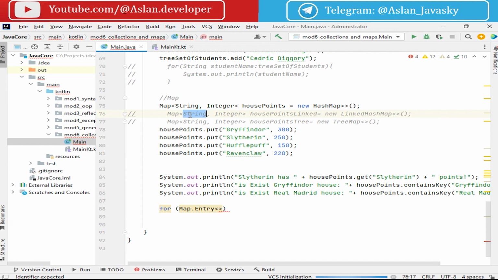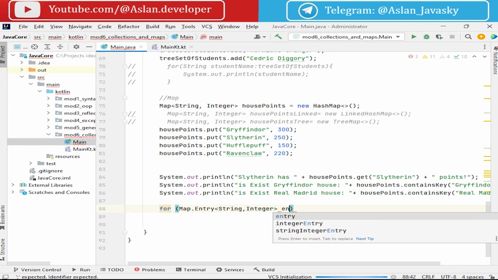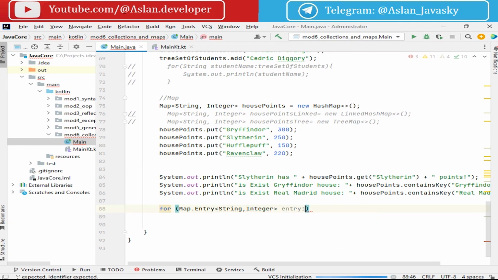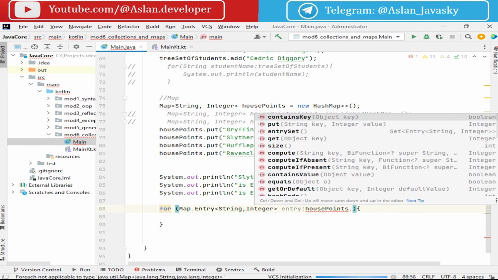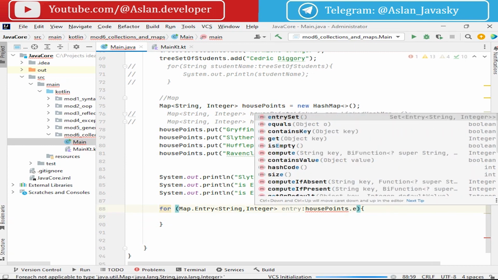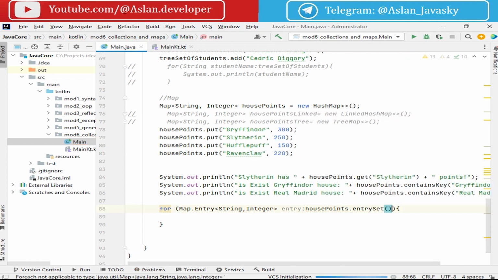We can see that key is string and value is integer. This is an entry from this house points hash map, on which we need to invoke the method entrySet. Okay, for each entry, just print out